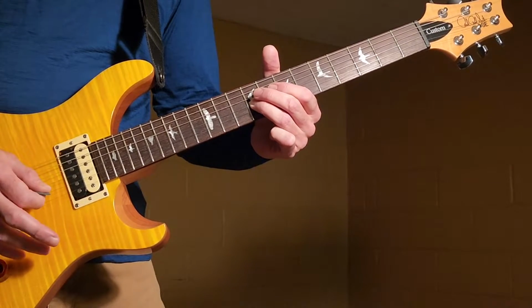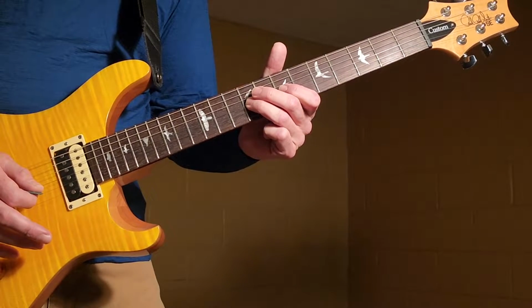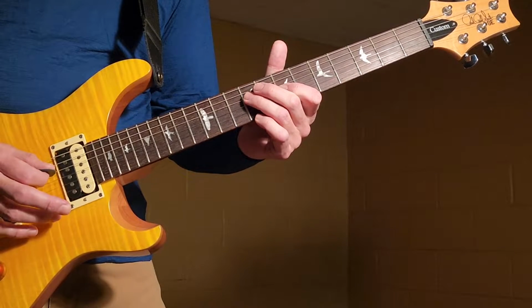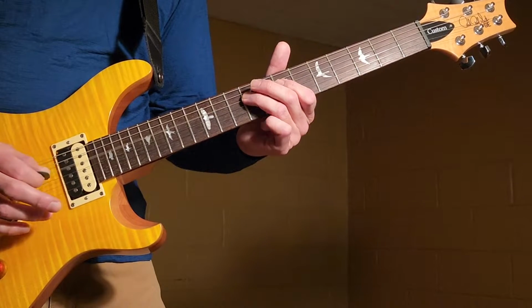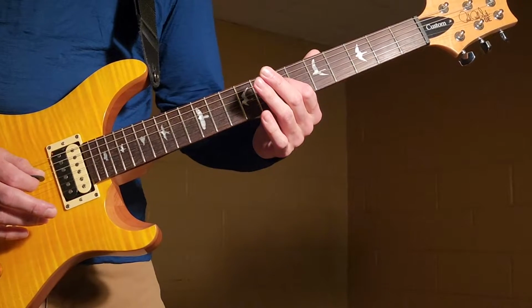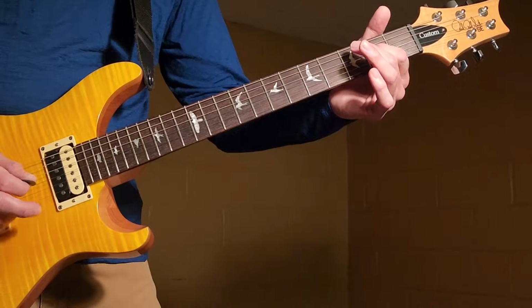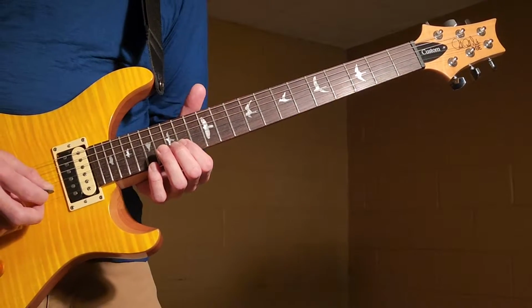Give it a little bend. Go 7, then 9, 7 on the D as well. And then slide down to the 2nd fret of the D string. So it's...